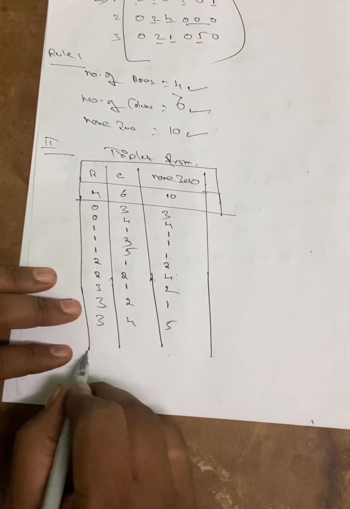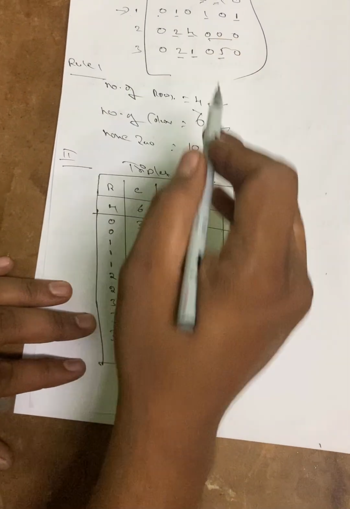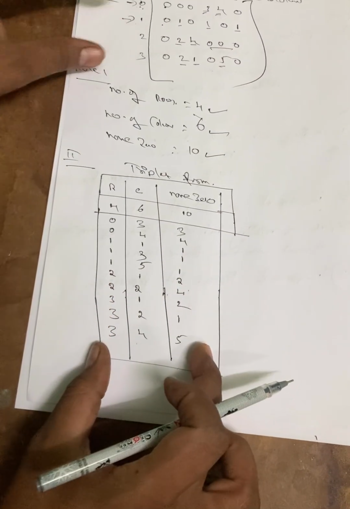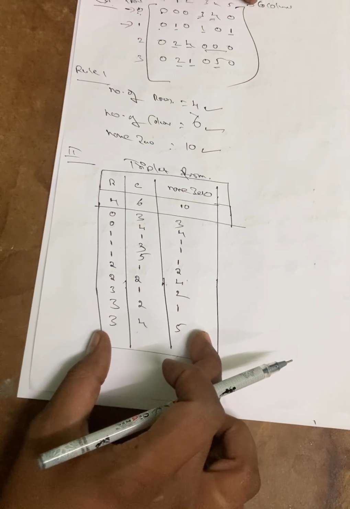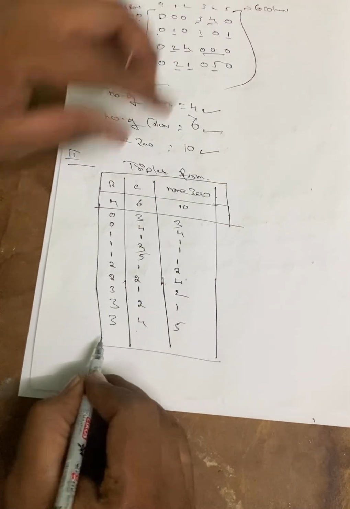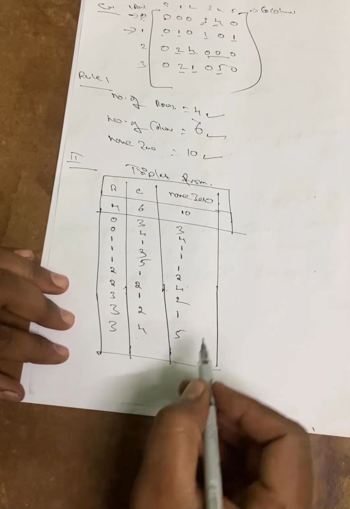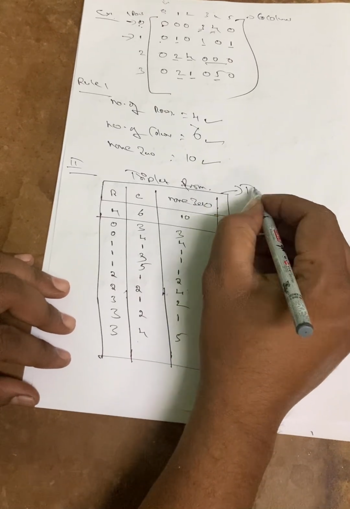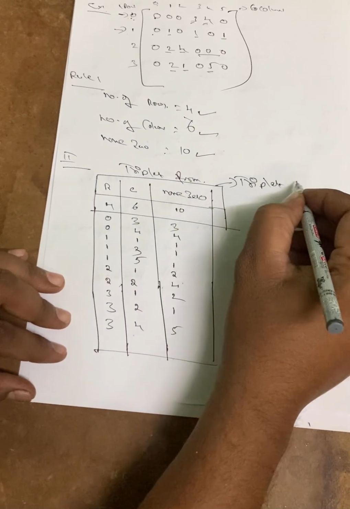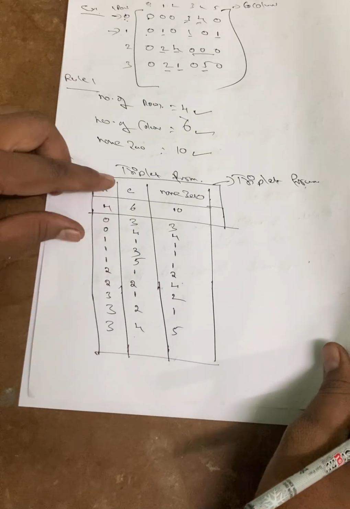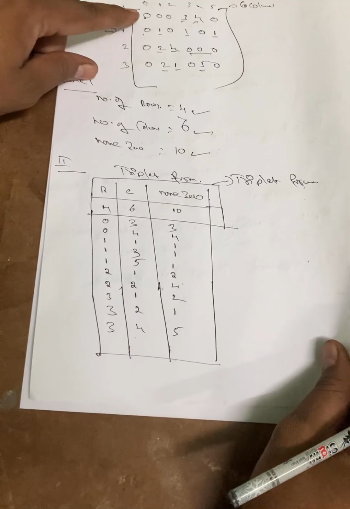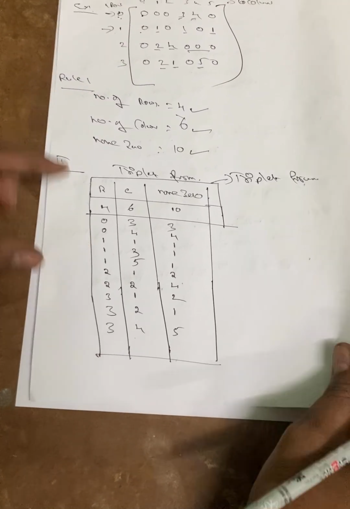So this is how we are going to find out the non-zero elements from the defined indexed rows and indexed columns. This particular index table will be called a triplet form. Hope you all understood how we have to implement the triplet form from the given matrix. After we prepare this triplet form,